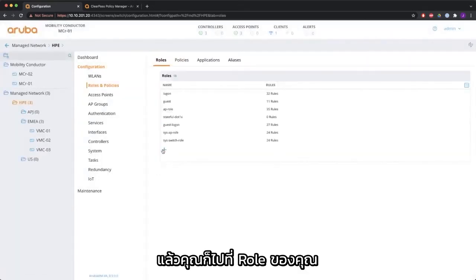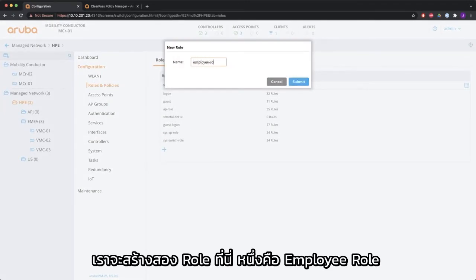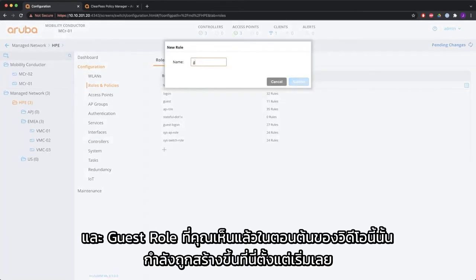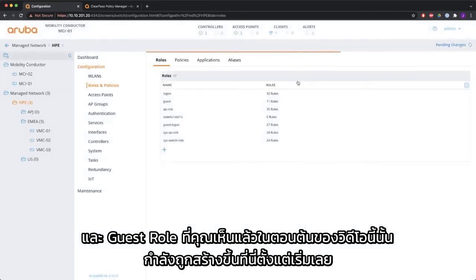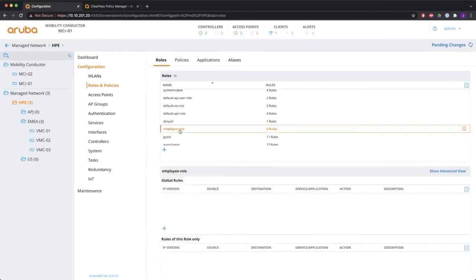and then you go to your role. I'm going to create 2 roles here. One is an employee role, and the guest role that you have seen already in the previous part of this video is being created here from scratch. So now we have 2 roles created. Employee role,